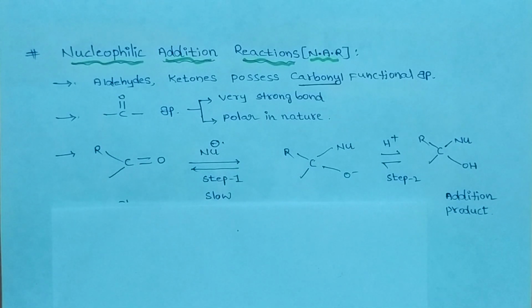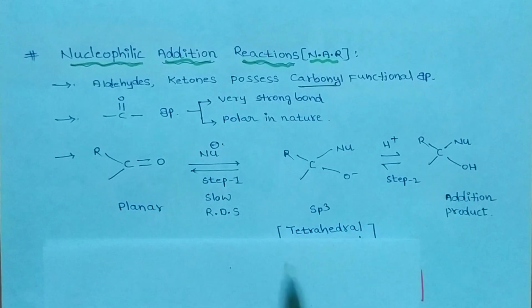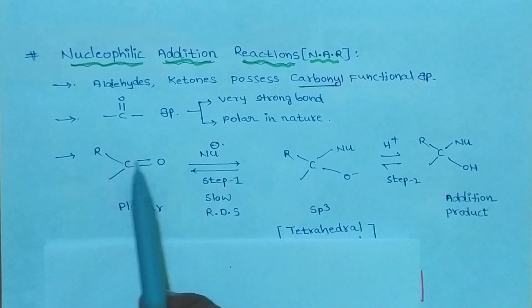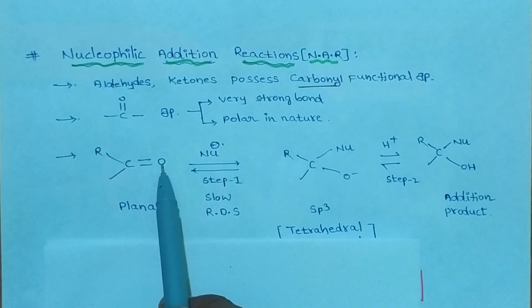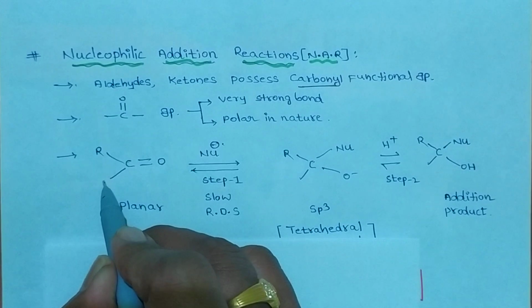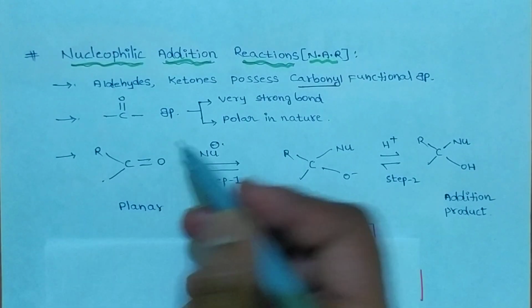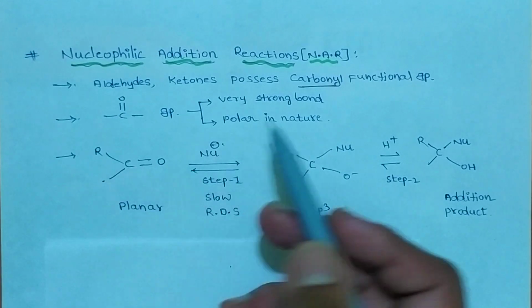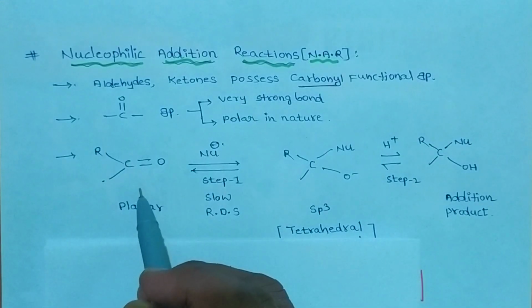Here the nucleophile is added to the carbonyl group, which is contained in aldehydes or ketones. Now, this is called a carbonyl compound because it contains a CO group. Here I am taking R, here you may take hydrogen. If you take hydrogen, it will become an aldehyde. If you take an alkyl group, it becomes a ketone. This is the general example.